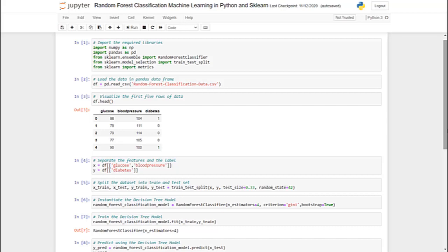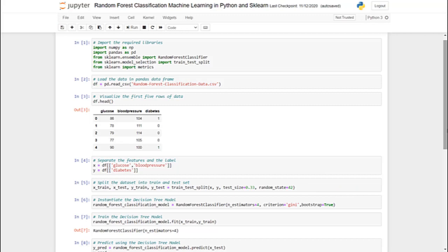In cell 4, we are separating the features called glucose and blood pressure from the dependent variable called diabetes. The independent variable is stored as X and the dependent variable is stored as Y. In cell 5, we split the data into train and test using the sklearn train test split function.